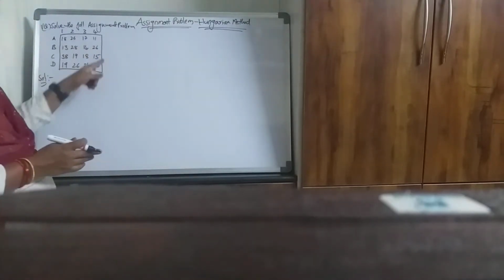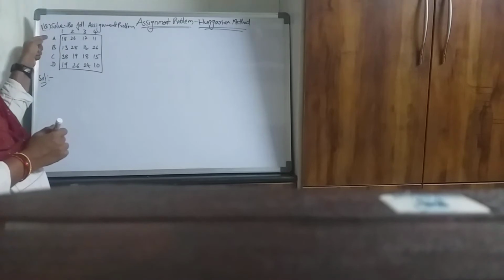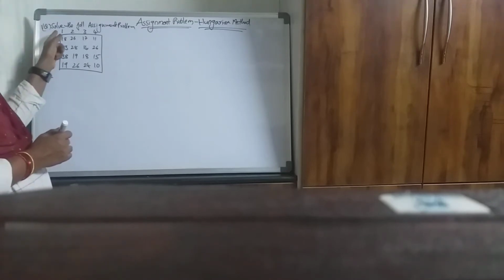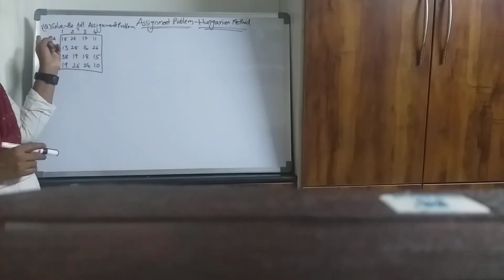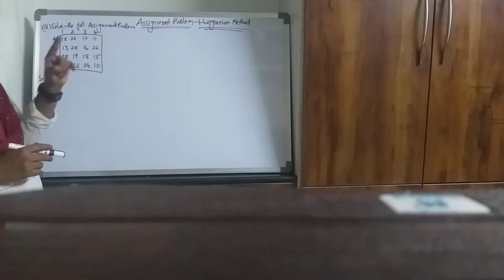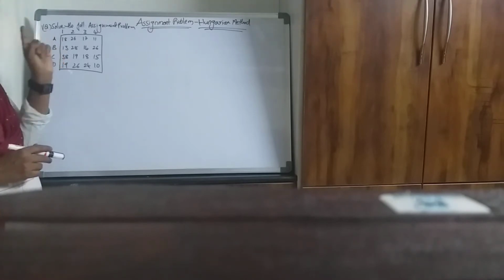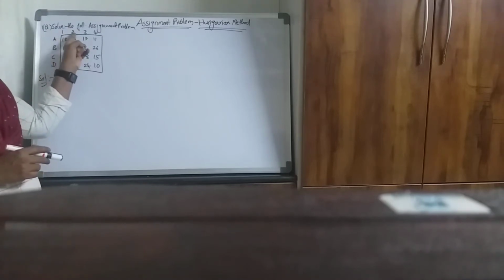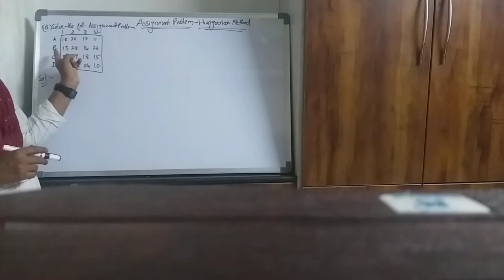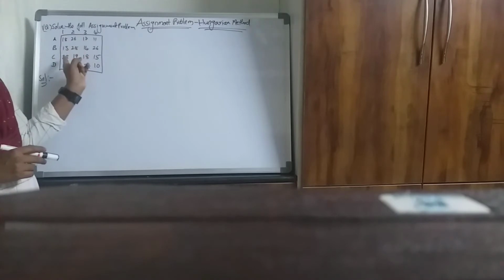So this is how an assignment problem will be given to you. You will have four persons A, B, C, D. And you have 4 jobs to be performed, 1, 2, 3, 4. And here you should assign in such a way that one person will do only one job and all the jobs should be completed at a time. So A will perform only one job, B will perform only one job, likewise C should perform only one job and D should perform one job. And here these values are the cost. A performing first job cost is 18, performing second job by A is 26, like that. Cost of performing the job by each person is given to you and each job is given to you.